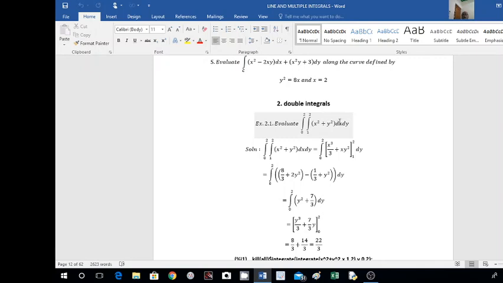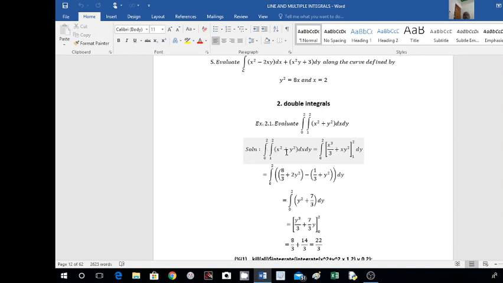So first we have to integrate with respect to x, this one dx, and x limits are 1 to 2. Then after substituting the limits, we get only a single integral. Then that integral we have to integrate with respect to y. These are the limits of y. So limits of x are 1 to 2, limits of y are 0 to 2. First we integrate with respect to x, put the limits from 1 to 2, then integrate with respect to y, put the limit 0 to 2. Okay, let us evaluate this one.